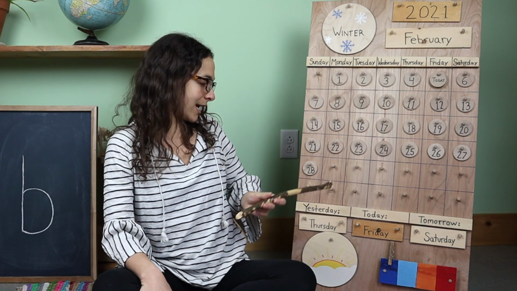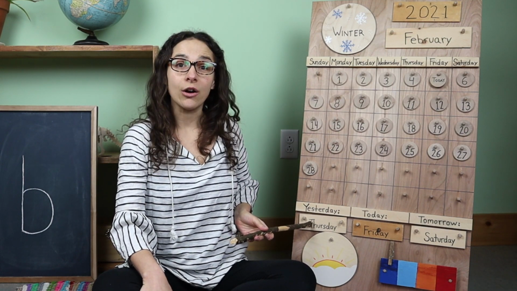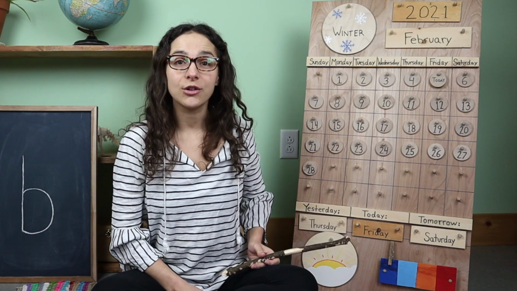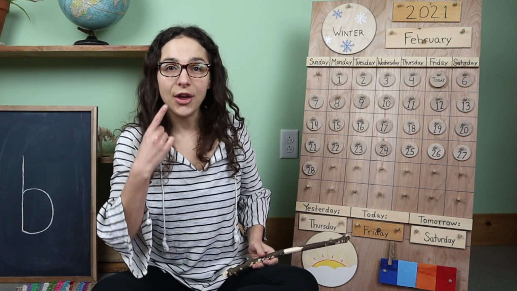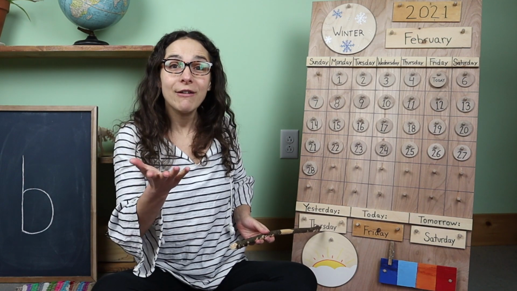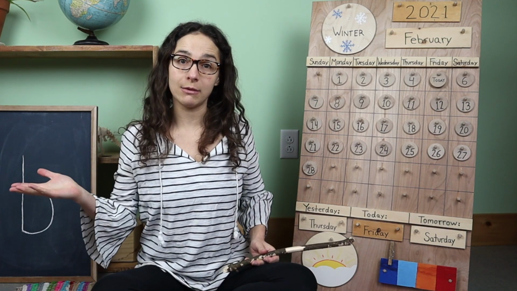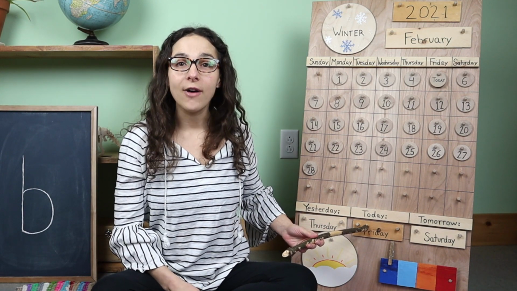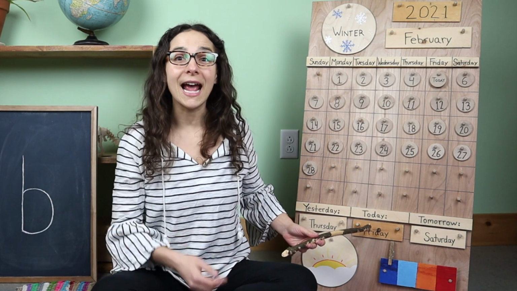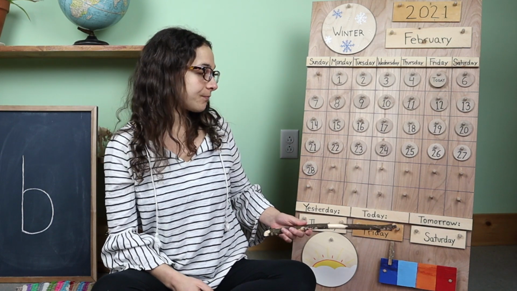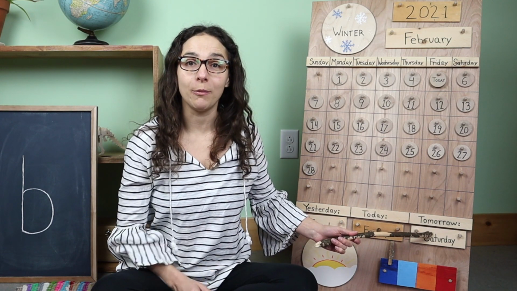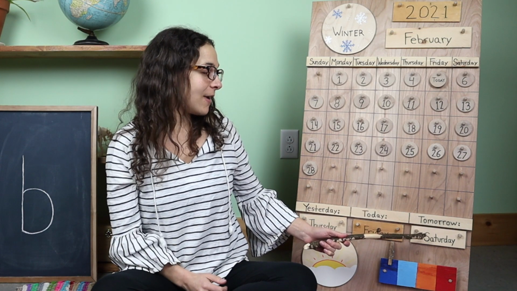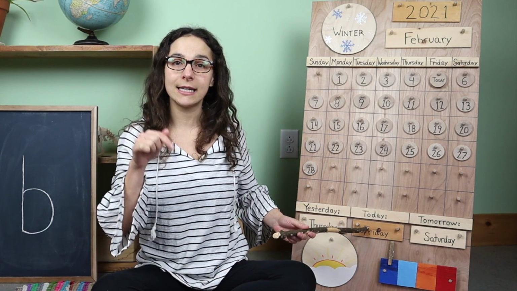Let's move down, down, down to right here. Do you know what the day was yesterday? Yesterday was Thursday. Very good, friends. So if yesterday was Thursday, that means that today is Friday. Today is Friday. So tomorrow will be Saturday. Very good, friends. But let's go back to today.